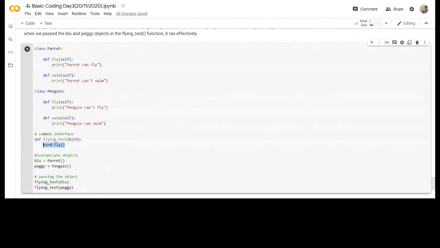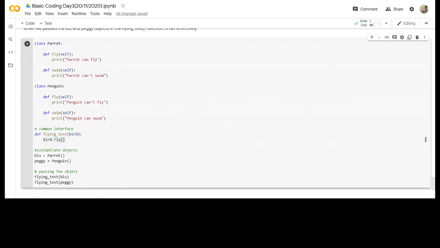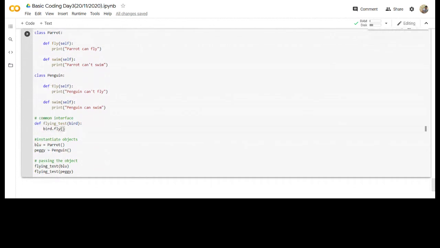I'm just doing bird.fly, and then what I'm doing is creating an instance object for blue, the instance object for parrot, which is defined inside the name blue, which is your object. Blue will have the functionality fly, as it can fly but it can't swim, and Peggy will have the functionality that it can't fly but it can swim. So when I'm doing fly test blue, fly test Peggy, I'm calling this particular function